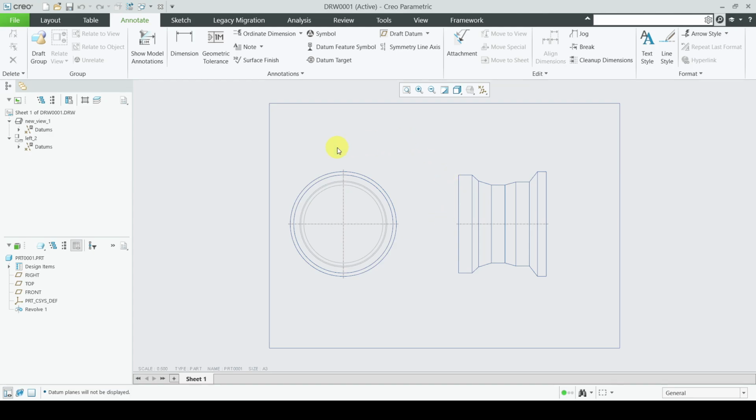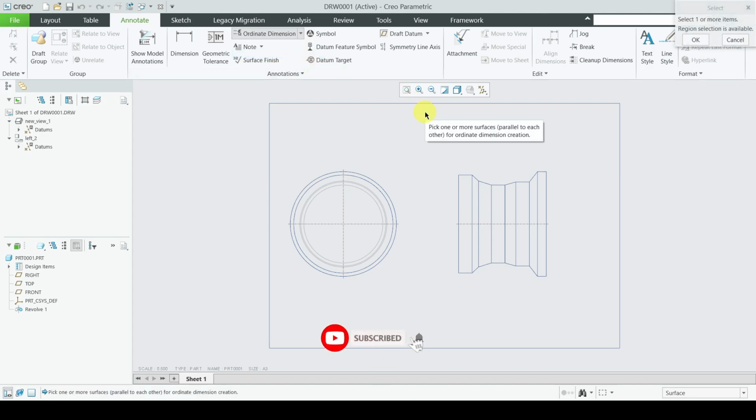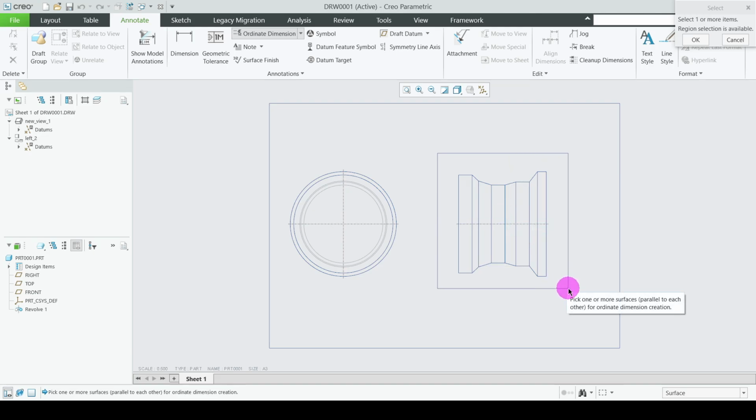Okay. So how to proceed: you can see we are in the annotate tab, and this is the ordinate dimension option. So we will drop down this menu and select auto ordinate dimension. Now the system is saying, let's say, pick one or more surfaces. Okay, so you can select these surfaces one by one using the control key, or you can select all of these surfaces using this selection box. Okay, and now you can press this OK button,